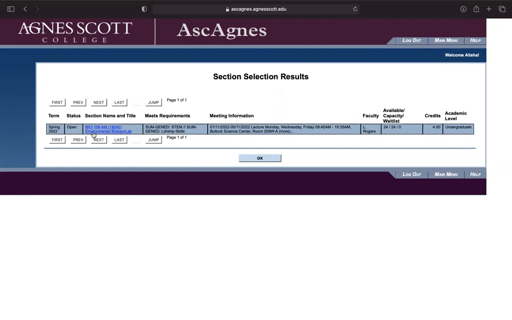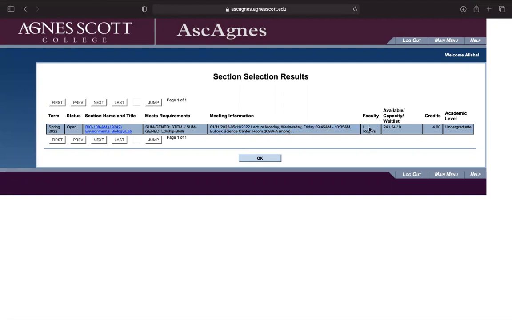So this tells me the name and the title of the course, and then I can see that it will fit my STEM requirement and the leadership skills requirement. So that's great. And then it tells me when this course will start, what days it will take place. So although I had said I don't want to take it on Friday, this one meets on Monday, Wednesday, and Friday. But at least it's close enough to what I'm looking for, and it gives me the time, 9:45 to 10:35,